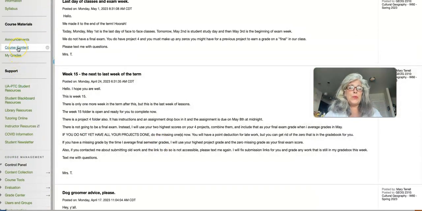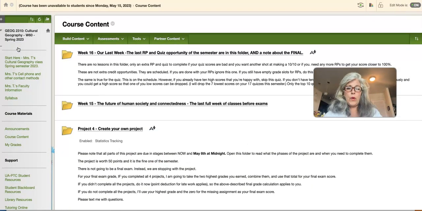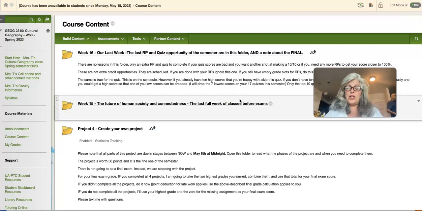If you have to be absent for a little while, when you contact me and say, hey, where do I pick up? I will refer you to the announcements, and I'll say, go to the announcements, go back to the date of the last one that you read, start there and move forward, and do everything that the announcement says. So if you attend the first 3 weeks of class and then you are sick or whatever, God forbid, or you have to go out of town and help somebody, or anything happens and you need to come back in week 6 and you've missed weeks 4 and 5,